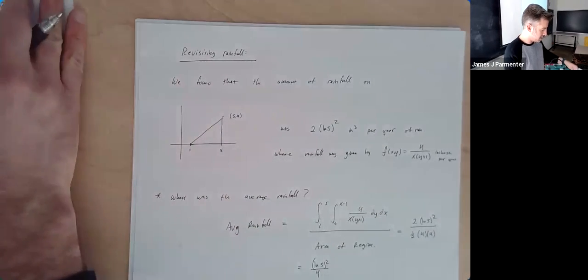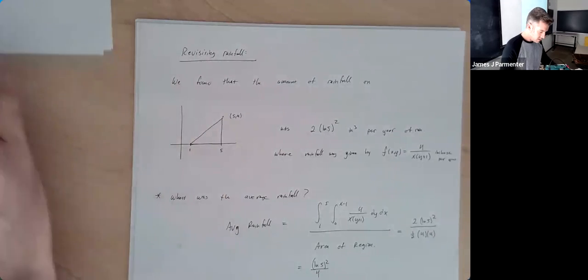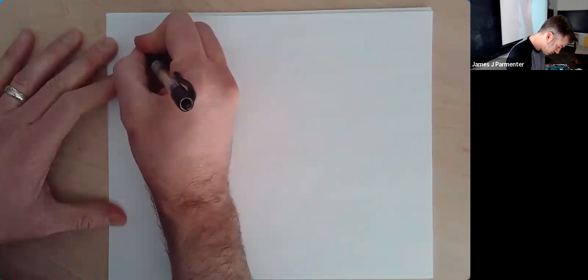A couple of things to say about this. It's easy if the region is a normal geometric shape. If it's a triangle, you shouldn't be doing anything other than base times height times 1/2. If it's a rectangle, base times height. If it's a circle, great, the area of a circle is pi r squared. But more generally,